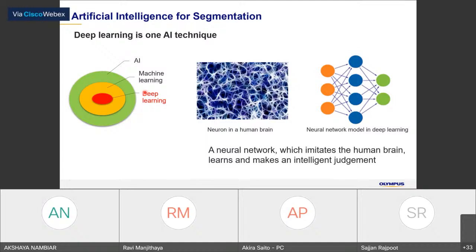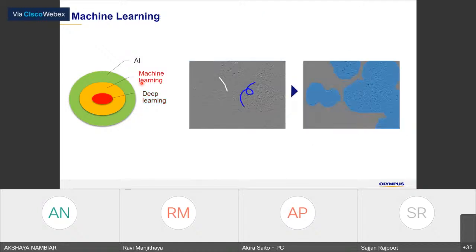There is also a simpler technology called machine learning, where you just draw the background and also the samples, and then it will detect the sample area in a very short time. This machine learning exists, but I would like to dig more into deep learning,